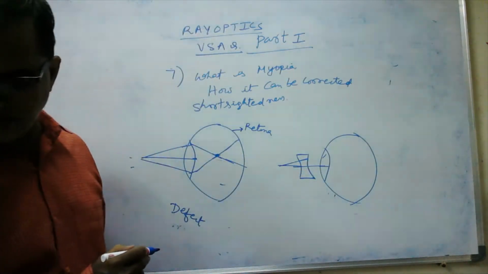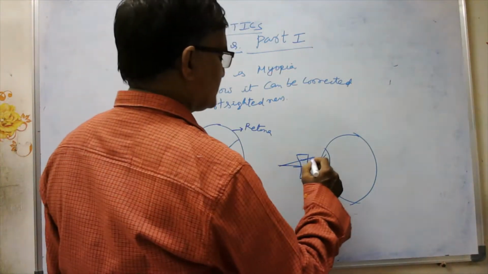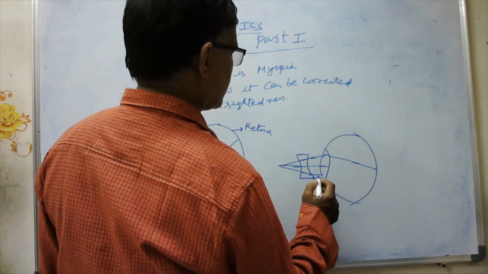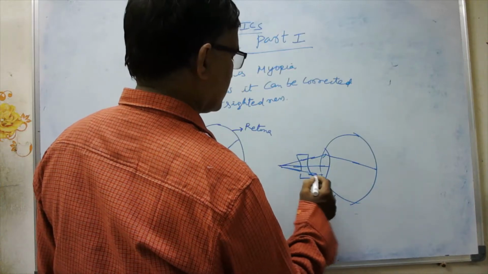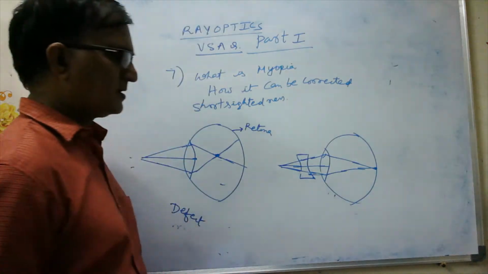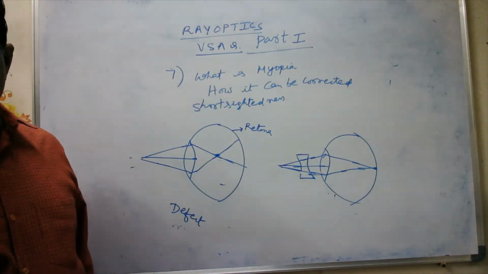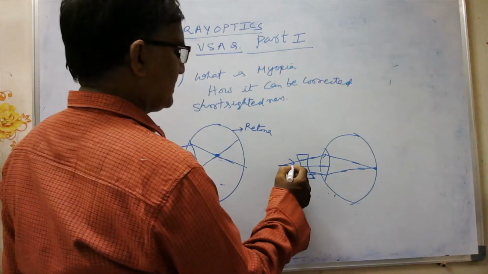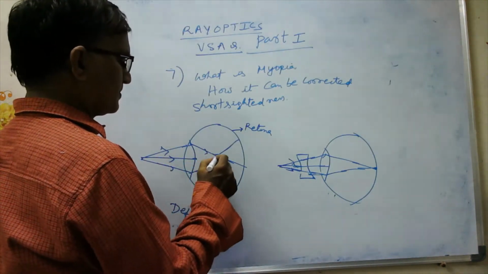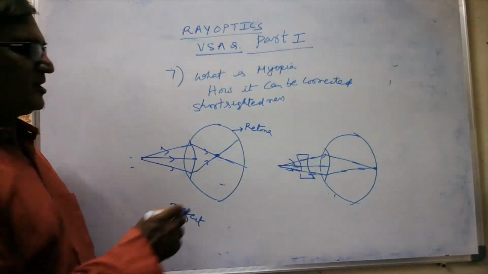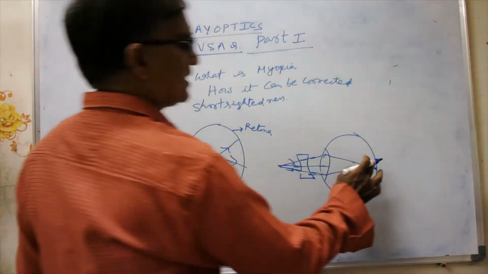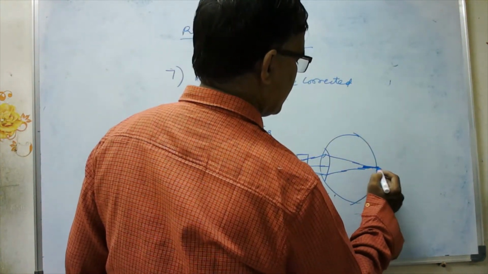Thereby, passing through this and exactly, the image is formed on the retina, like this. So rays are coming here, this is the object. Arrows are very important, okay? Arrows are very important. So the image is formed before the retina, but by using this concave lens,